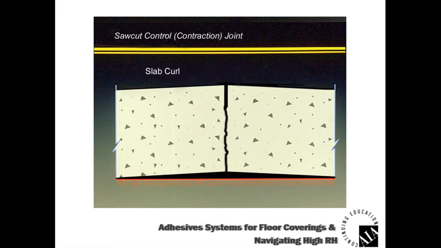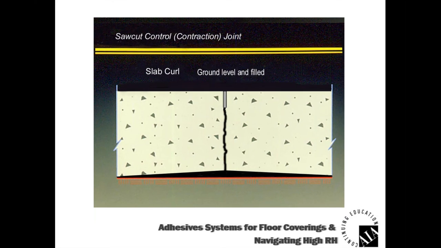So here's two slabs separated by a saw cut. The saw cut, which is to control cracking, did what it was supposed to do. The concrete cracked right at the joint, but the slab is curled a little bit off the vapor retarder and the sub-base. So if I put a straight edge across that joint, it'd be teeter-tottering. And the typical thing that the mechanic would do would be to grind that flat. So they pull out the grinders, they grind everything flat, they patch that control joint, and now they're ready to